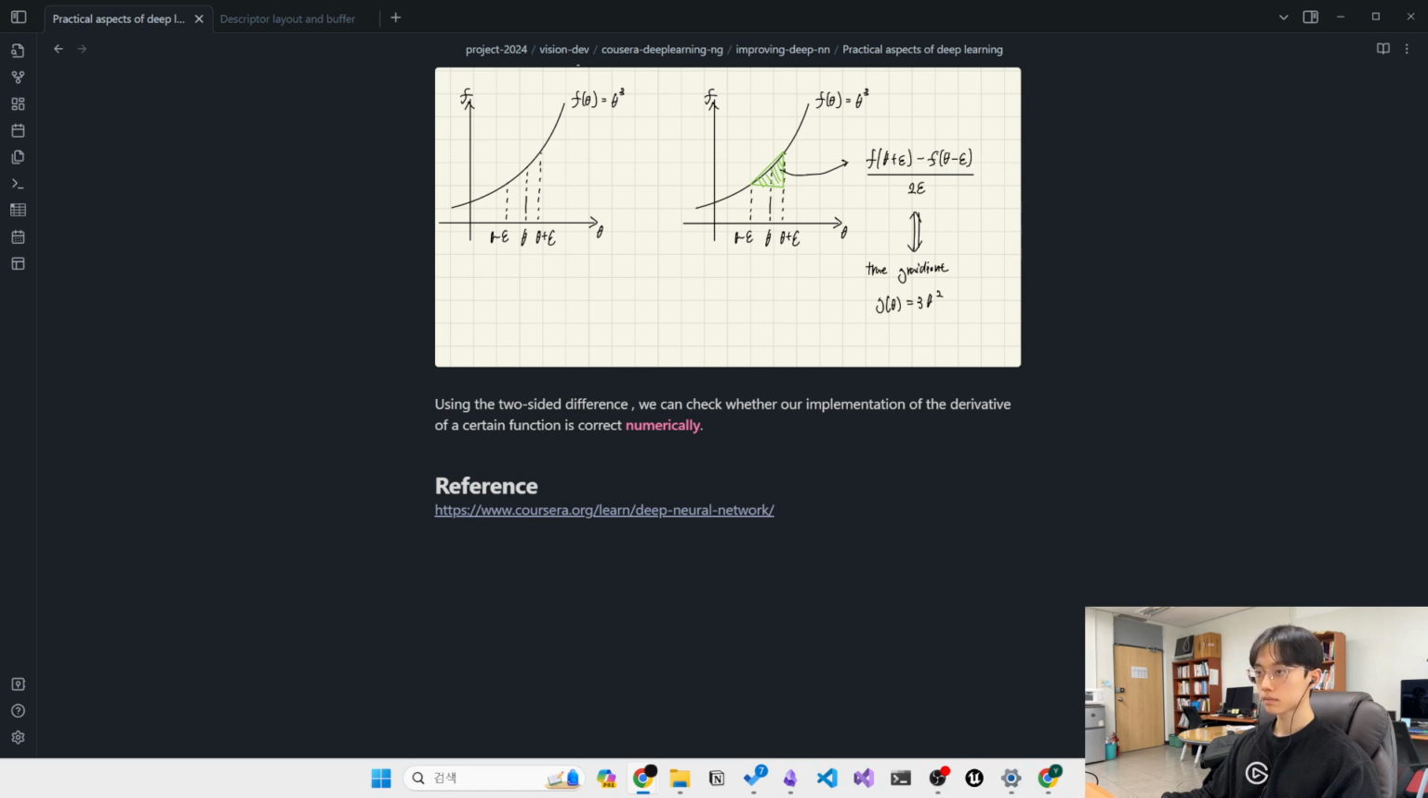So your neural network will have some set of parameters, W1, B1, and so on up to WL, BL. To implement gradient checking, the first thing you should do is take all your parameters and reshape them into a giant